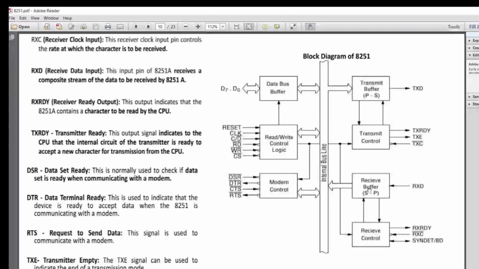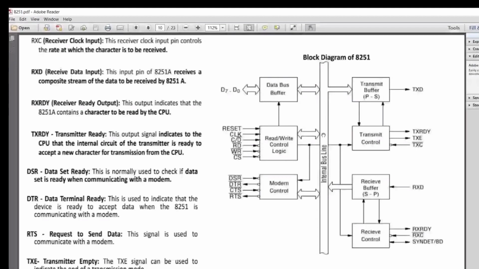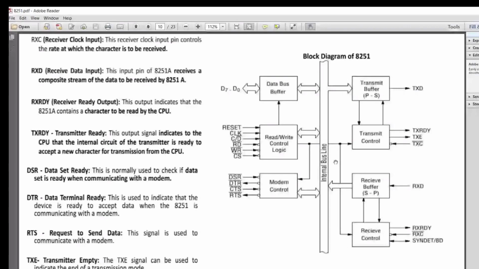It signals that the 8251 has become a ready receiver and the 8086 should be reading the character from it. Transmitter ready means this 8251, acting as a transmitter, is ready to accept a character for transmission from the CPU.